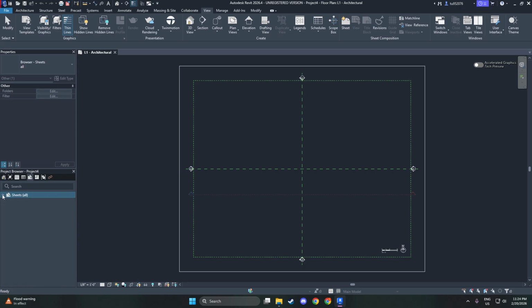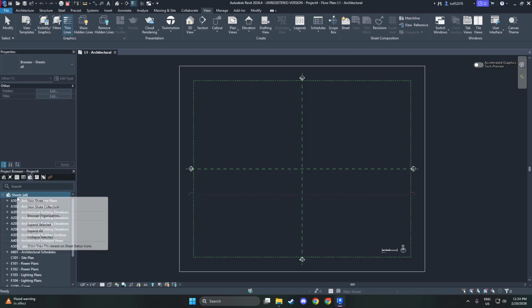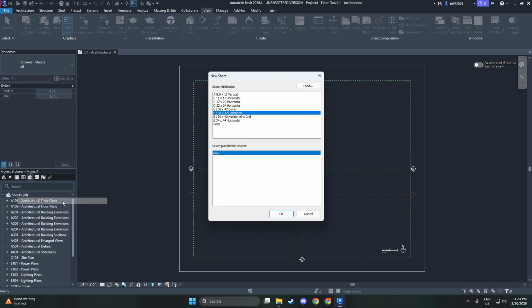You'll now see the New Sheet dialog. Here, you'll choose a title block. The title block is the frame that contains your project information, sheet number, sheet name, and often your company logo. Pick the title block family that matches your required paper size and standard, such as A1 or A2. Think about how the sheet will be printed or plotted and select the size that aligns with your office or